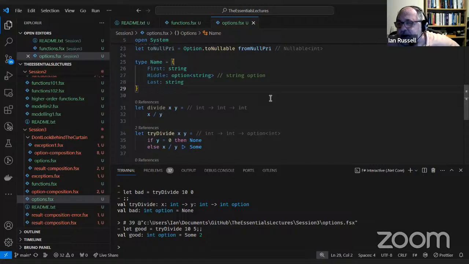We tend not to concentrate on performance within F#. It tends to be that the compiler produces something that's pretty good. Obviously, all the performance things that you can do in C#, you can do in F# as well. If you want to use spans and all the rest of it, yes, it's all available.